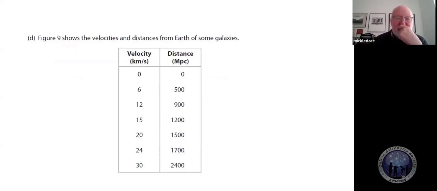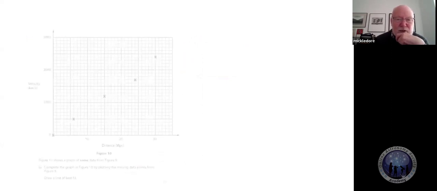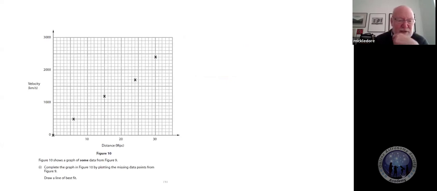Oh, we've got the velocities and distances of some galaxies. Right. That's good. So I think we're asked to plot a graph here. Yeah. Plot a graph. I reckon this is going to come up every year. This is going to come up this summer, I think. Plotting a graph, determining the Hubble constant and finding the age of the universe. I reckon it's a 50-50, £20 each way. Good return. Velocity in kilometers per second, distance in megaparsecs, and we've got some of the data.